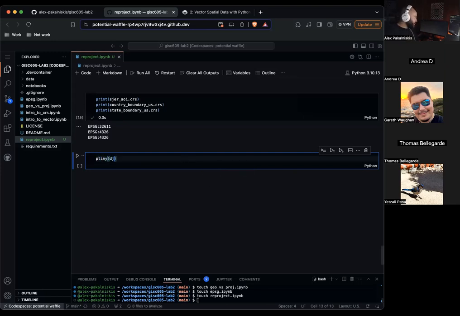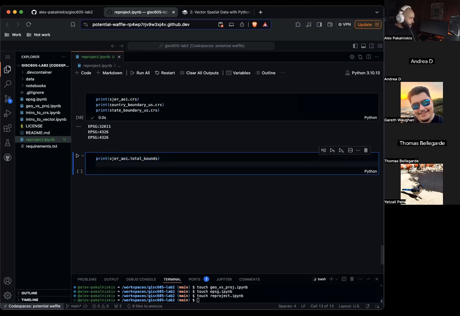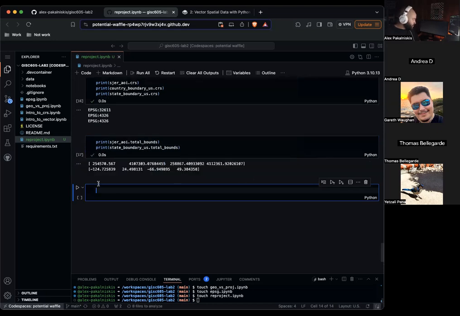So let's print SJER AOI total bounds. Let's also print state boundary US total bounds. So you can see they're entirely different units. Latitude and longitude versus decimal degrees. So let's now reproject our San Joaquin AOI data.